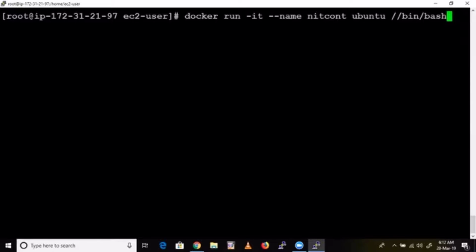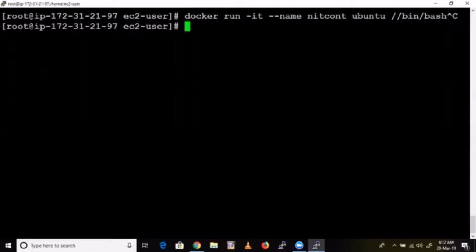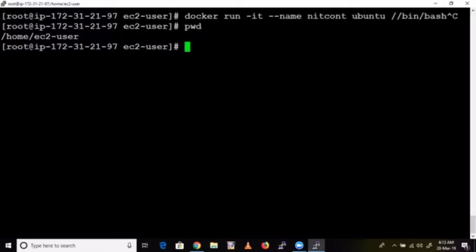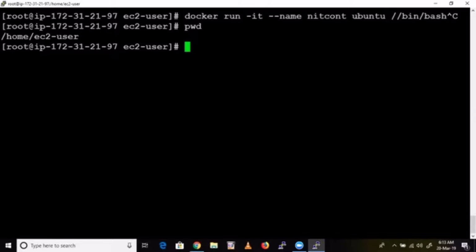Now, if you want to map one folder from your base machine and one folder from your container, what will we do? First, let's see which folder you want to map from your base machine. See guys, if you have typed a command and want to exit from it without executing it, you need to press Ctrl+C. Then it goes to the next line and the command won't get executed.